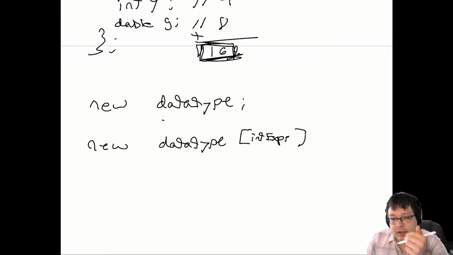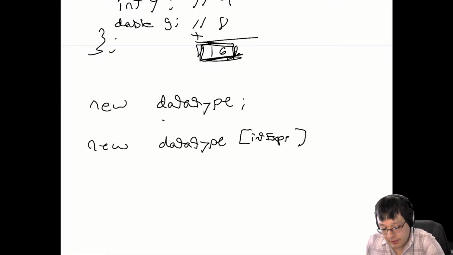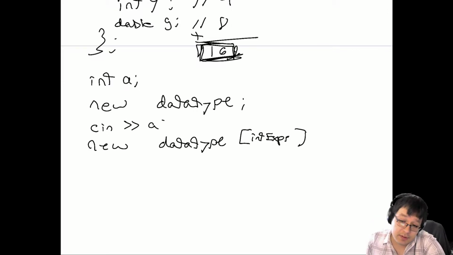But more than likely, the kind of syntax you're going to have is you might have something like cin a. And integer a is something on the stack, yes. But that a you read in from the user as the number of items you need to read into your program. Like if you're redoing assignment 1 using dynamic allocation, then instead of vectors, then you could actually go ahead and